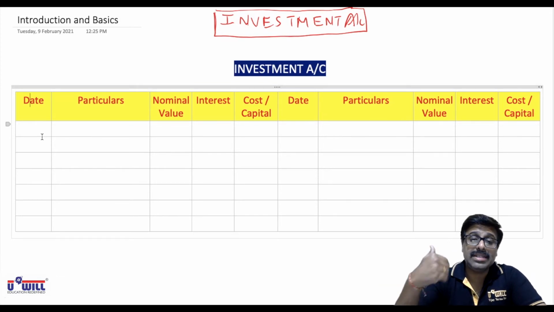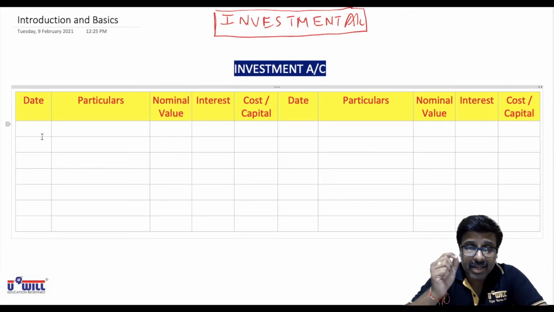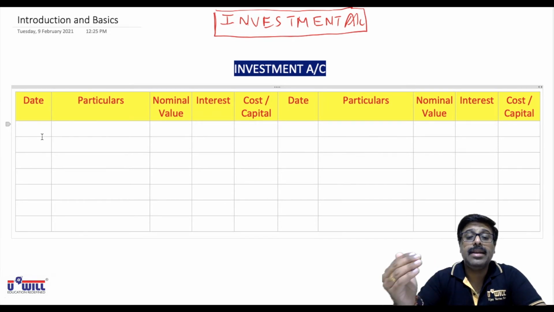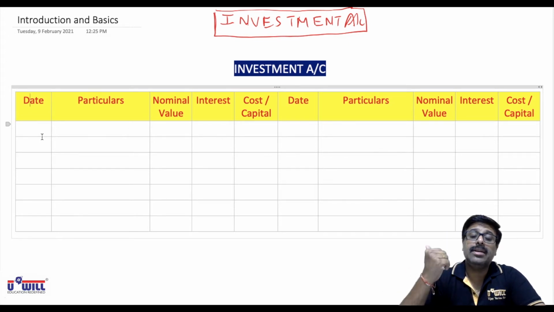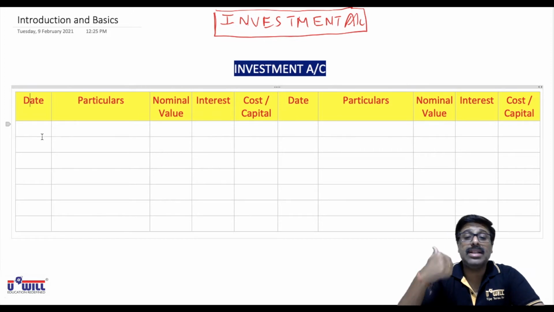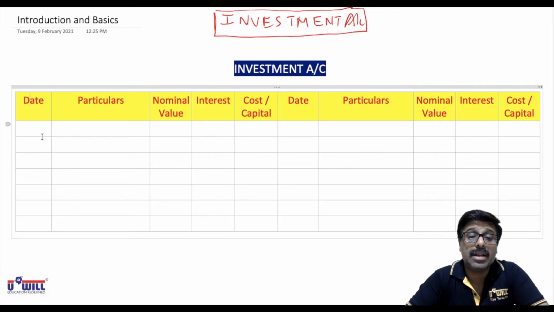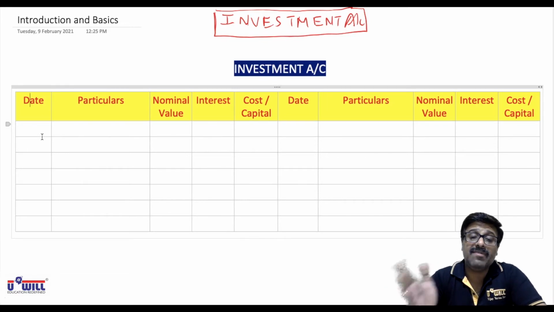So if you are employed in such businesses, you are required to prepare an investment account to find out, for each and every type of debenture, bond, and share which you purchase, whether the company finally earned an overall profit or loss, including the profit on sale of securities, including the interest or the dividends received on those investments. So the basic objective of making this investment account is to know the overall position of the investments made by any finance or non-banking finance company.